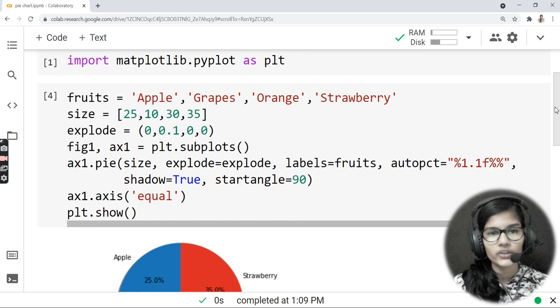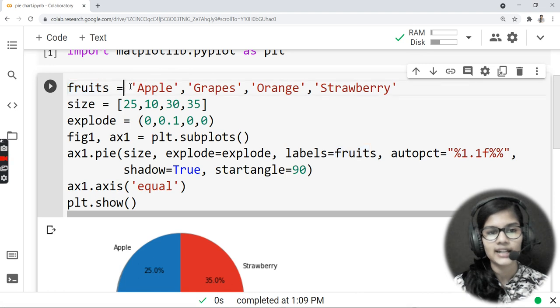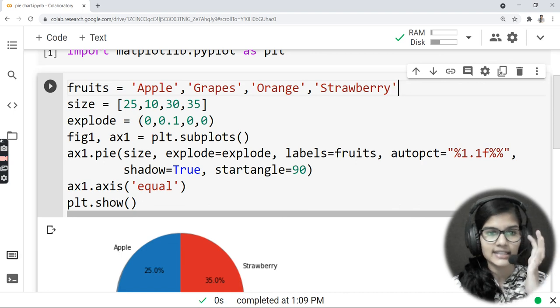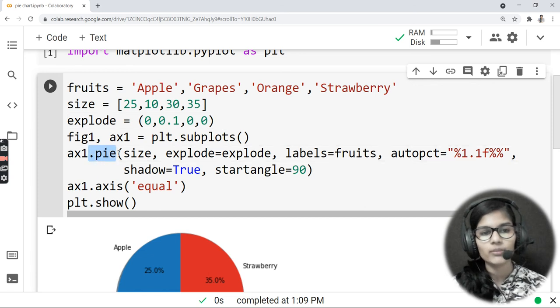So this is how we make a pie chart in the matplotlib library. Here I had taken a variable, fruits, and into that I had stored the fruit names that I wanted to come here, right? After that I took the sizes and declared the size for all of them. After that I wrote at what place I want the explode, then I declared figure 1 and ax1, and I declared plt.subplots here. Fine. And then I made my pie chart.